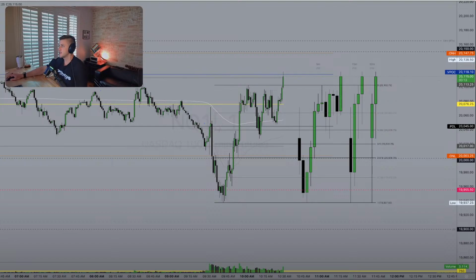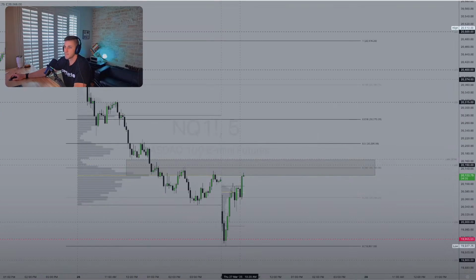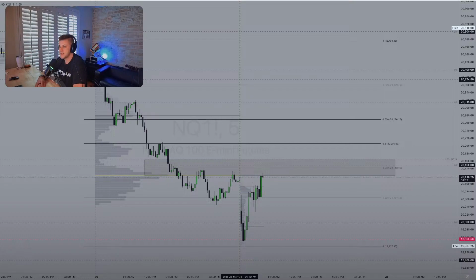We got that key area just overhead now. It should be interesting right through here.